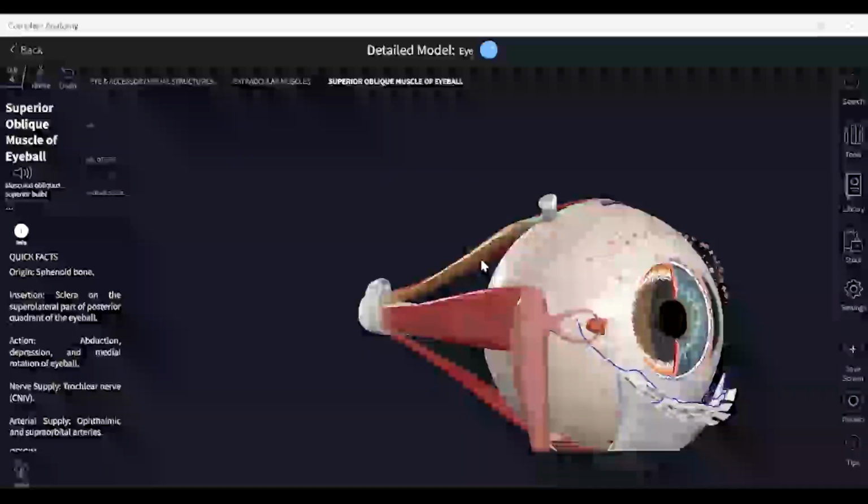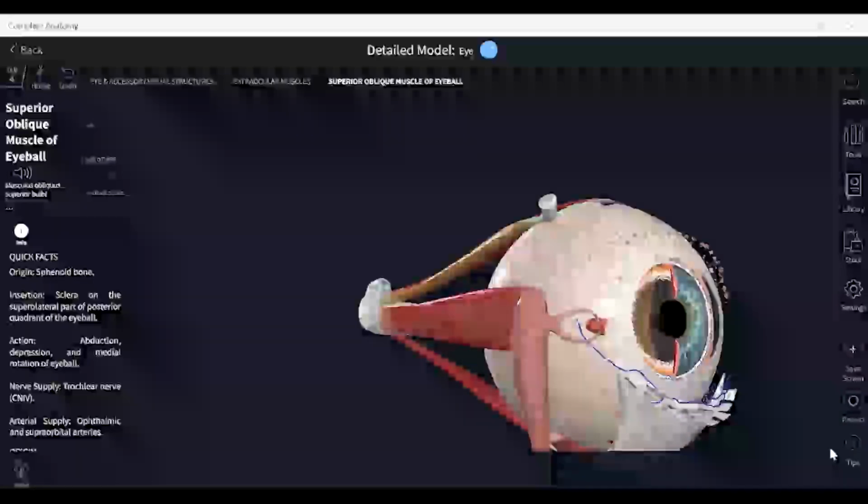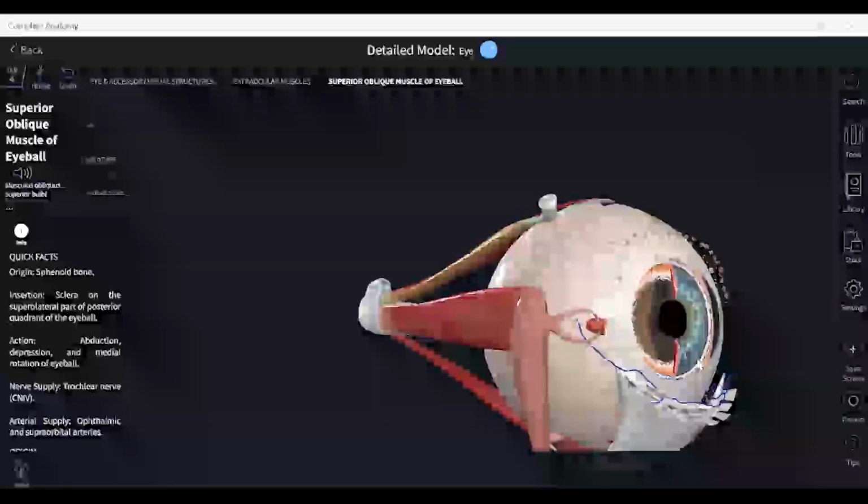Then there is an option: if I want to teach this to the students, I'll prepare whatever I want to show, then I can label it, then I can save the screen. There is one option here called save the screen, and whenever I want I can come back and do it. Then there's an option to record. So as I'm explaining here, I can go for a record and the same thing can be played. And there's one option here called tips.